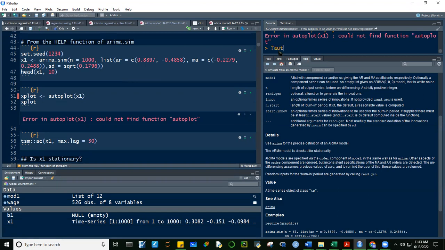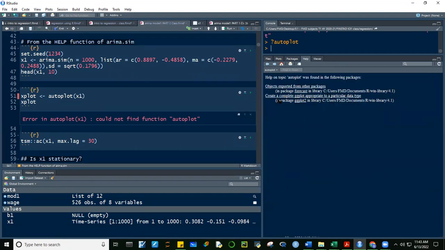Ano to? Wait ha. Hindi pa pala natin inaano. Wait. Anong package to? Hindi ko pa pala. Sorry guys ha. Kailangan i-library muna natin si ggplot2. Autoplot is from ggplot2.